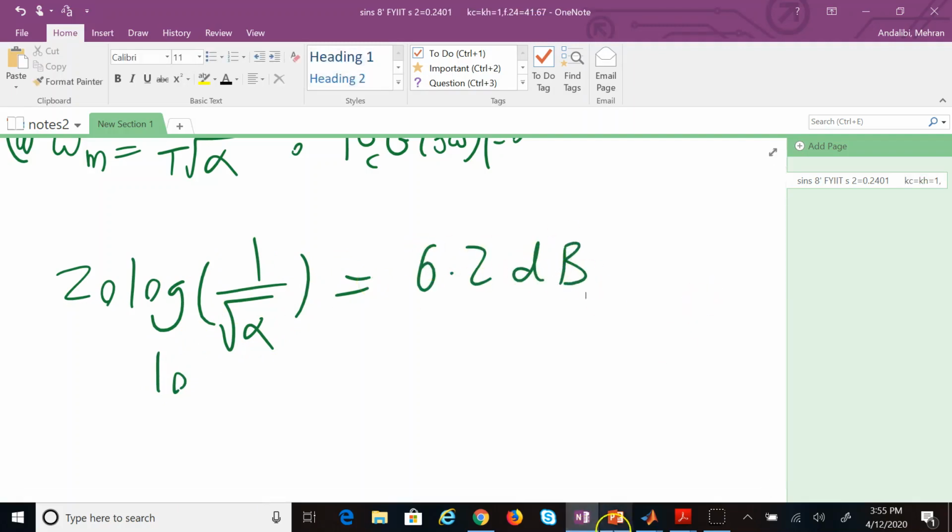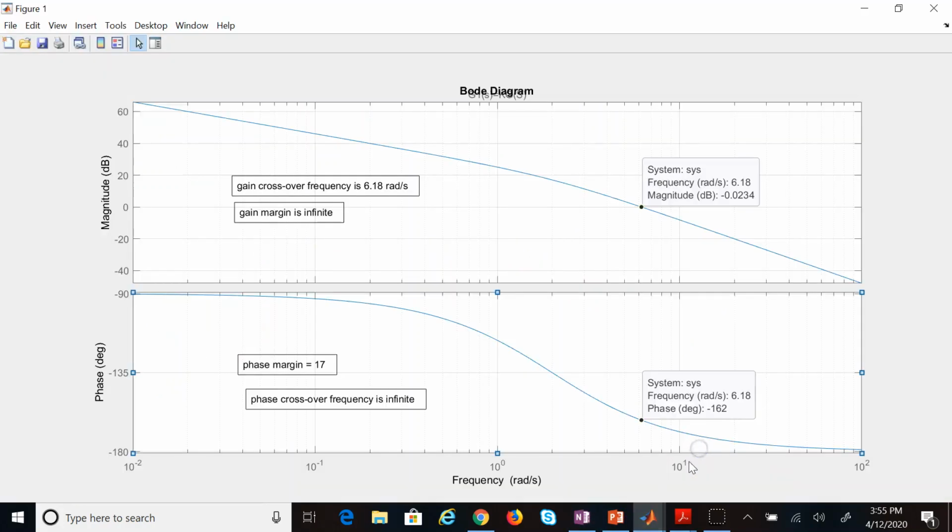So now I look into this plot for G1 and find a place at which the magnitude is negative 6.2 decibel. I use my data tip again, and you see this is negative 7. I try to go close to negative 6.2, and you see that's almost